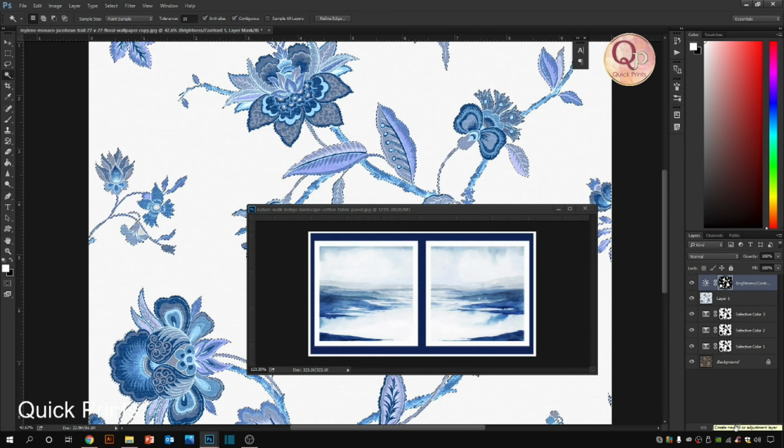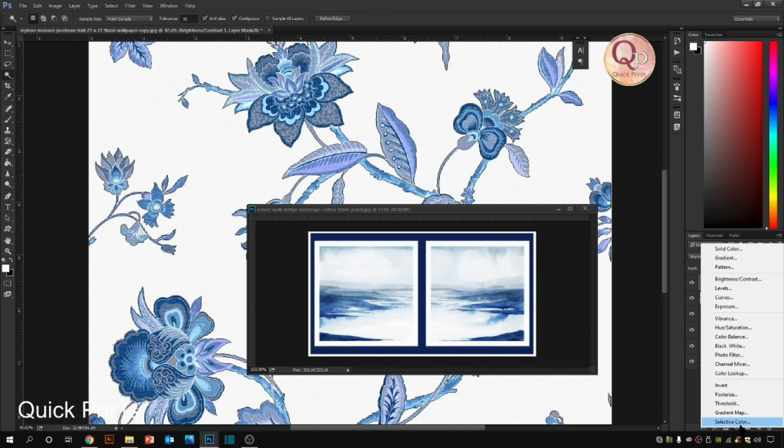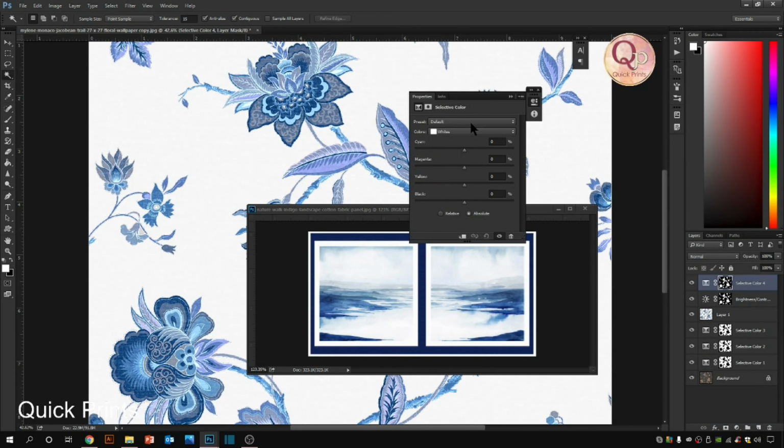Now we need to match the colors. Selective color again, because we have reached the bluish tone. Now we need to work on the blues, right? Blue, it's going more purple. Yes, let's add more yellow.